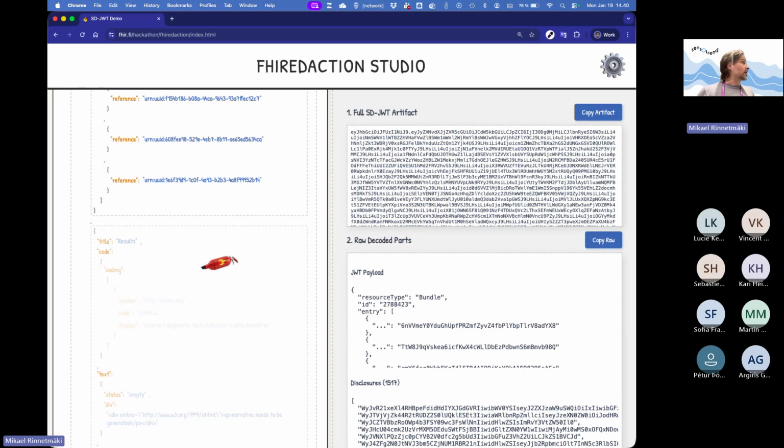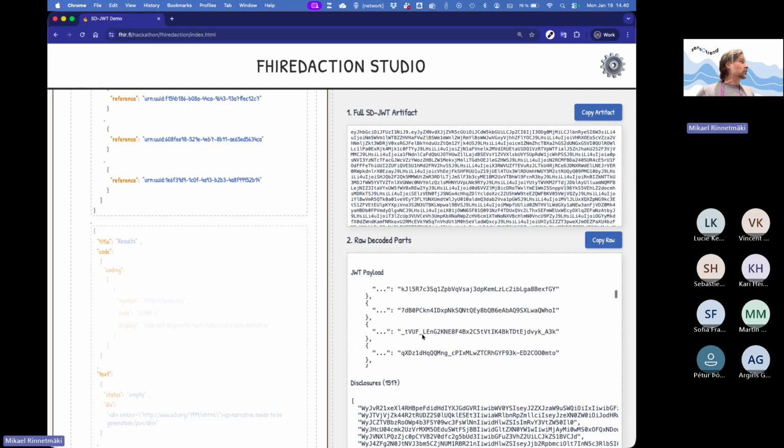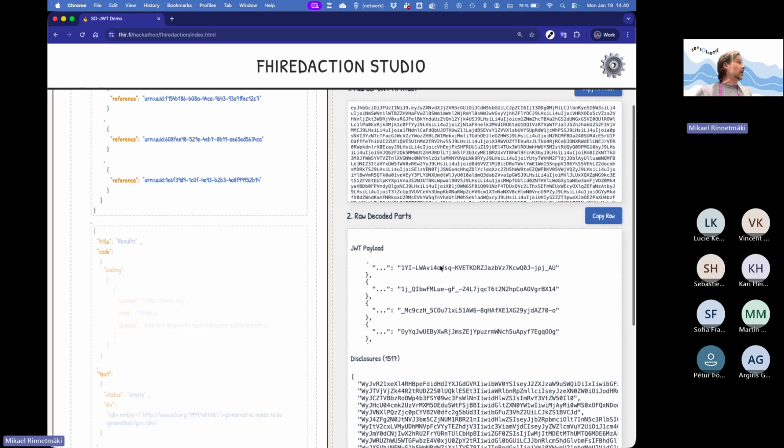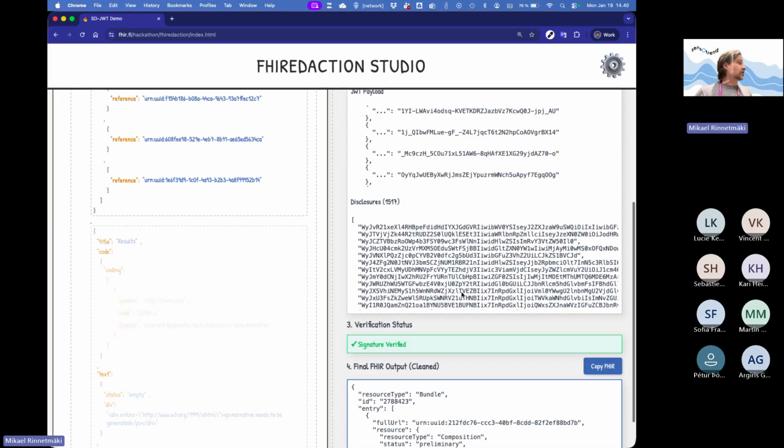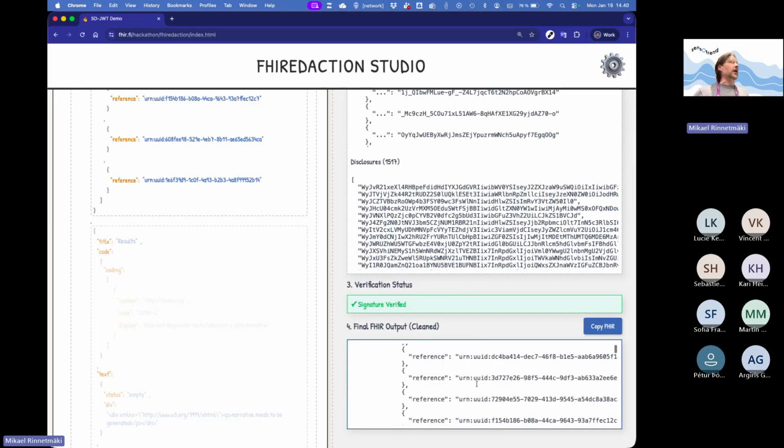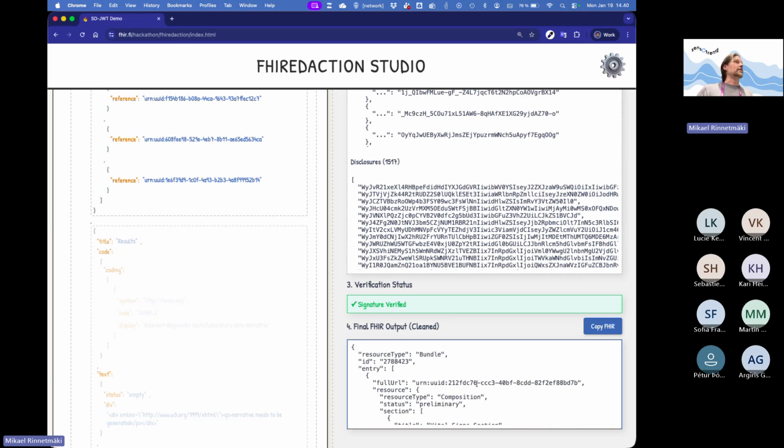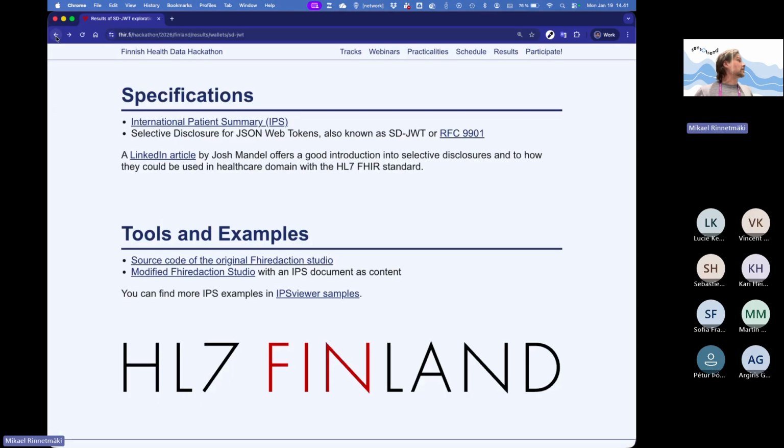And whenever I do any of these changes, the actual payload that gets transmitted is changed, and also the disclosures and the actual resulting IPS that goes further to the verifier. So we have an implementation already demonstrating how this can be done with the selective disclosure JWT specification. What you are doing is you update the vision summary. So you still have a vision summary. But the magic here is that I have